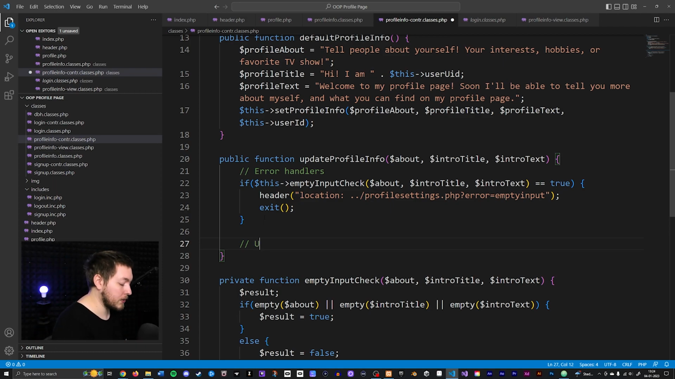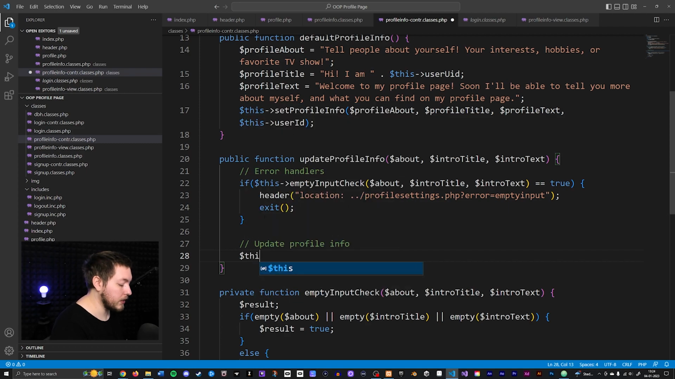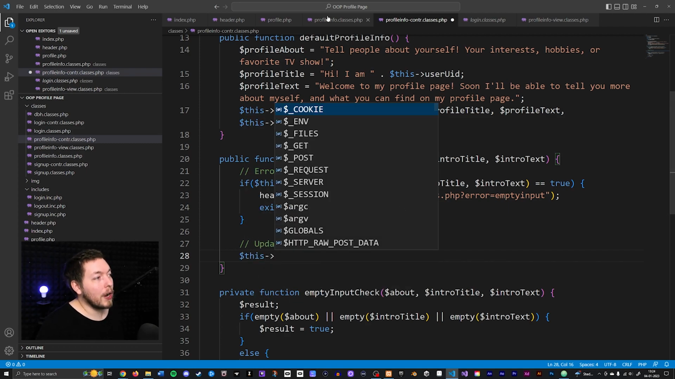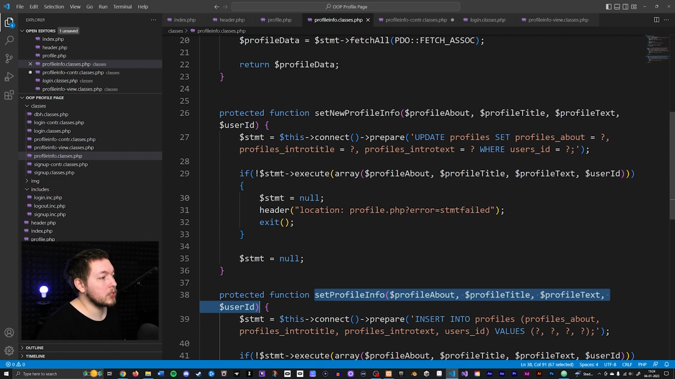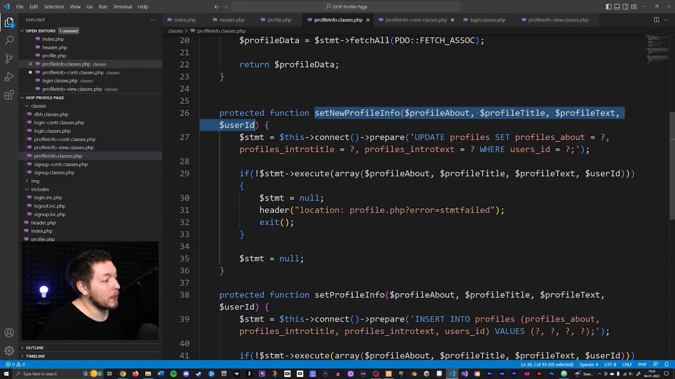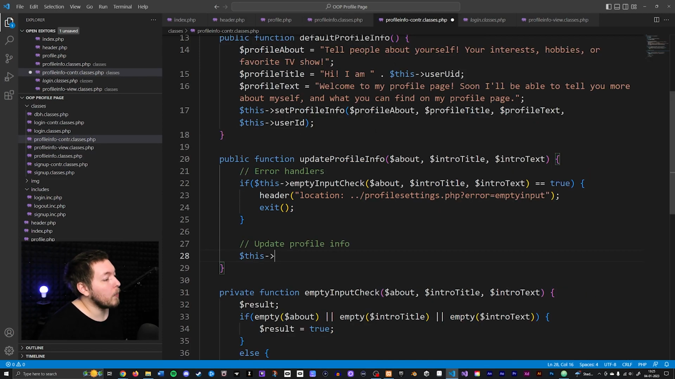So we're just going to say update profile info, and then we simply refer to this. And then we simply point to one of the other methods we have inside our profile info class, which is the model class for our project here. So going in here, we have one up here called set new profile info, which is the update method. So I'm just going to point to that one and copy it, go back in,